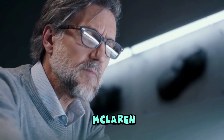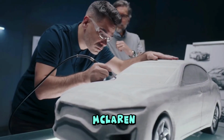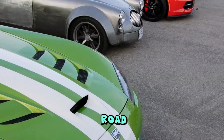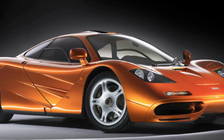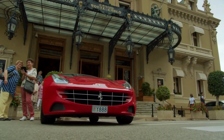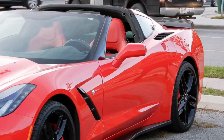After convincing McLaren head honcho Ron Dennis to back his dream project, Murray and the McLaren team set to work on creating the F1, the company's first-ever road-legal production car. Less than 4 years later, McLaren's cost-is-no-object approach to the F1's development yielded a machine that stunned the automotive world when it formally made its debut at the Sporting Club in Monaco on May 28, 1992, carrying a price tag